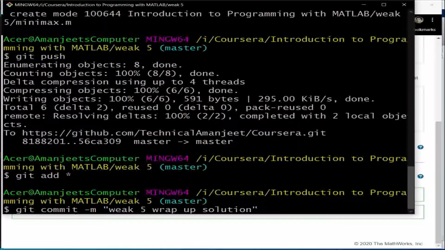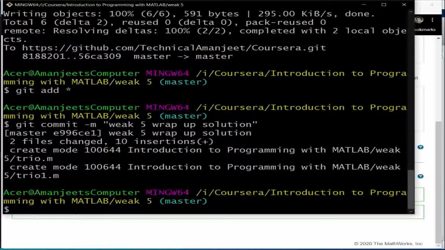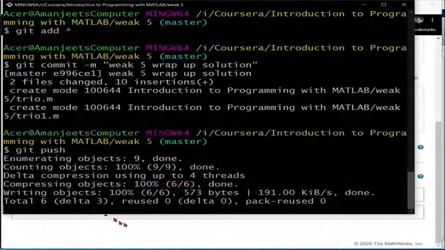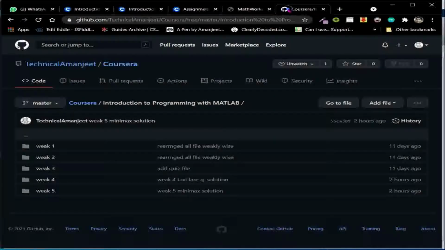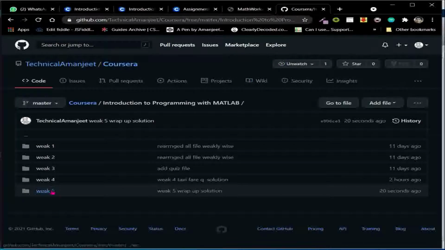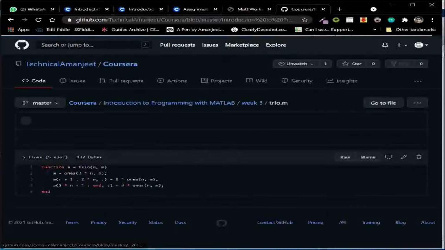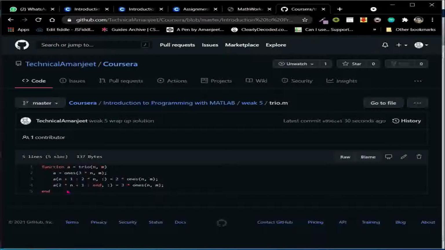I'll put the link of my GitHub repo in the description below, and you can check it out from there as well. So let me push it first, git push. It is taking some time. Now let me go to my account and refresh it. Yes, it's been refreshed. If you go here, you can see trio.m and the function in it.